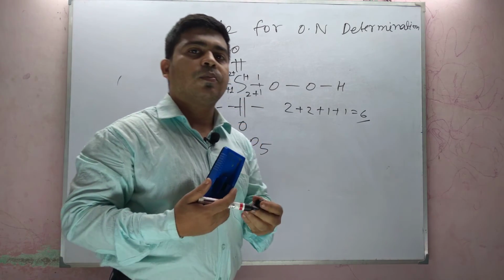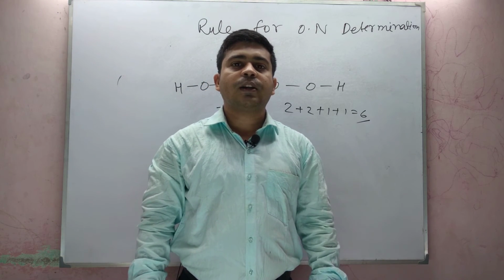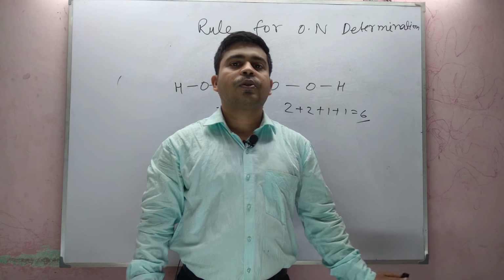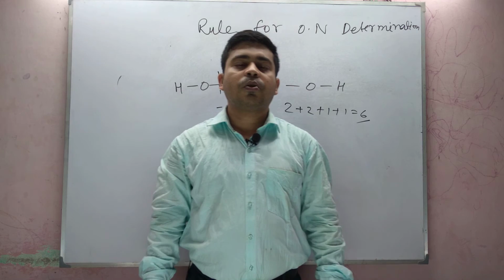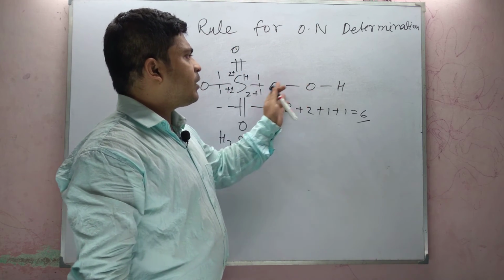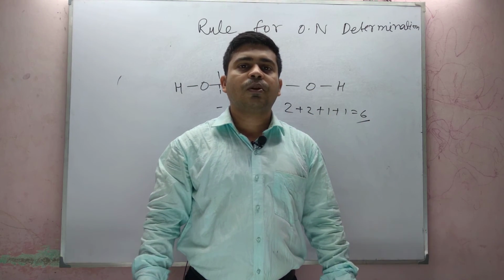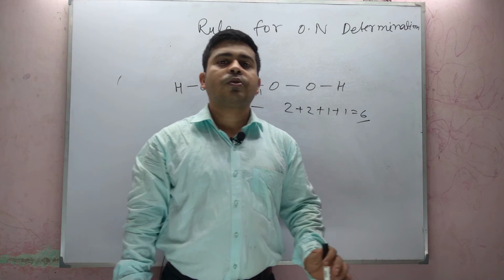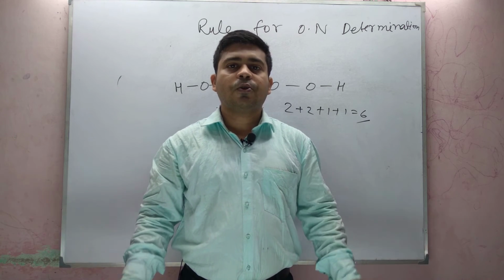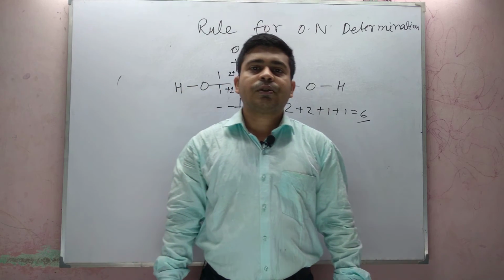So for some compounds the oxidation number can be calculated only by the chemical method. We cannot use our usual calculation process because of the unusual structure. Here a peroxide linkage is present, and for this reason the oxidation number cannot be determined numerically. The only possible way to calculate the oxidation number of sulfur is by the chemical method, by drawing the structure of H2SO5. So this is the discussion right now.